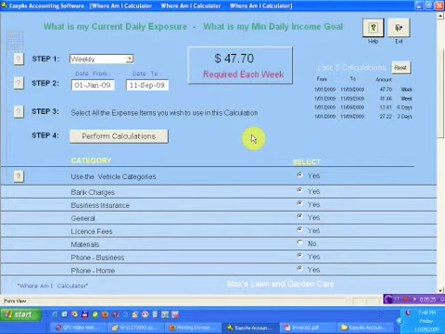I'm checking this because I'm entering in my expenses each week as I go along. I used to do it monthly, but I now do it weekly because I use this tool quite often, and I get to see each week how much money I'm making, how much I'm needing to cover my expenses. And if my income isn't meeting that per day,